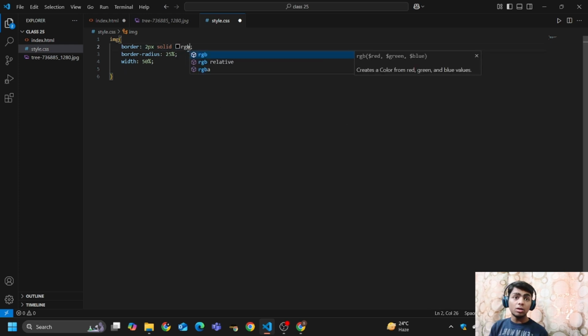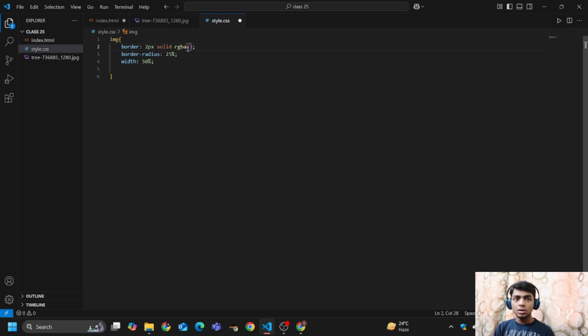See, we have learnt about RGB, that is red, green and blue. This combination is used to create different colors, for example white, yellow, blue, pink, green, etc. Similarly, RGBA, here R stands for red, whose value varies from 0 to 255.